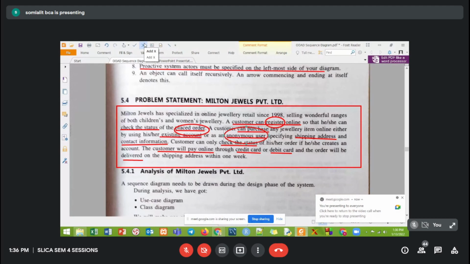Then check order status. But how can you check the order status? Once you place the order, then and only then can you check the order status. Yes or no? Okay, तो एक काम करते हैं. Let us prepare the use case diagram first.